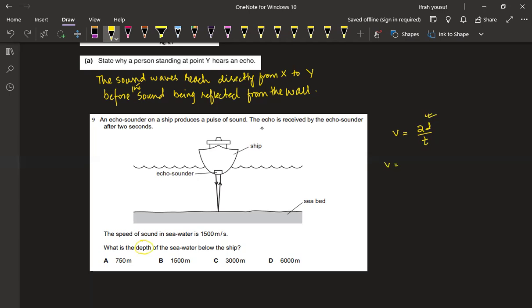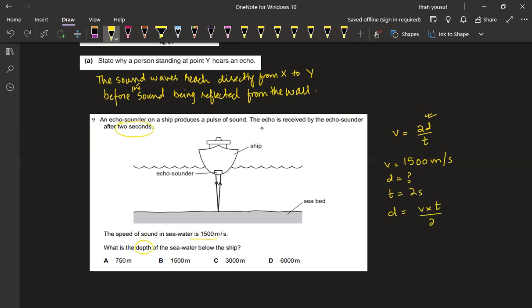The speed of sound traveling in water is 1500 meters per second. The depth we have to find out is the unknown. The echo time is 2 seconds. Clear? Now we can directly use this formula